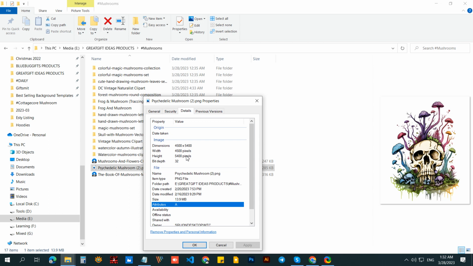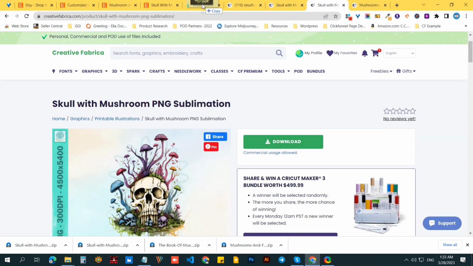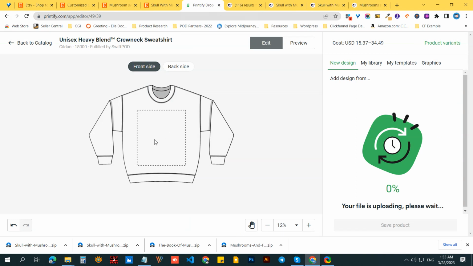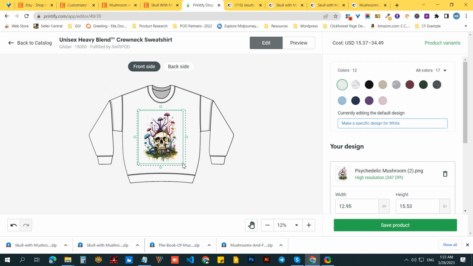So we have to make sure this design meets our need. So yeah, that is meet. So what I will do, I will just bring that and drag it on the front of the product, I mean the Printify place. It's adding, and as you can see, we can just hit control and make it a little bit smaller